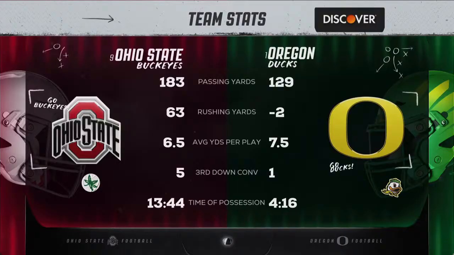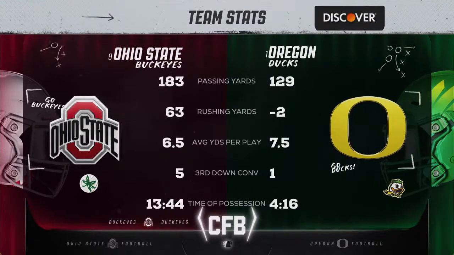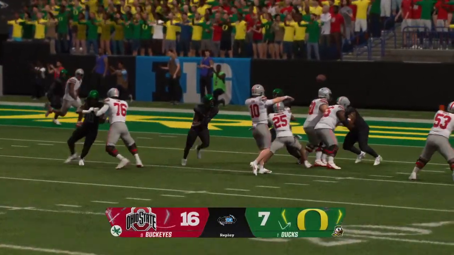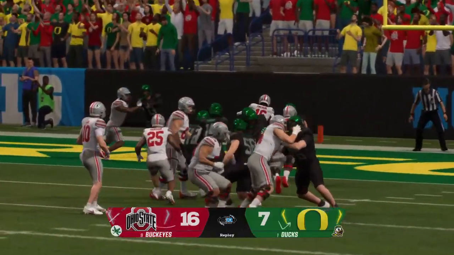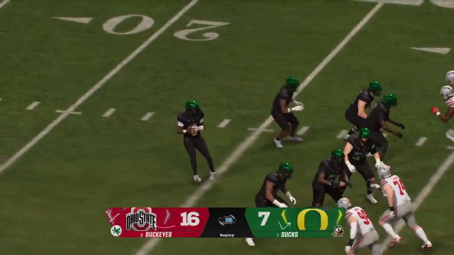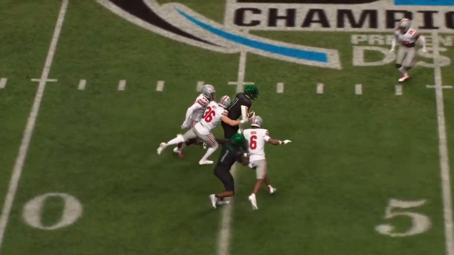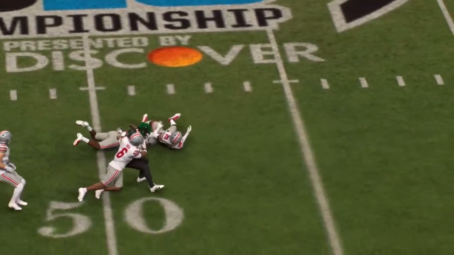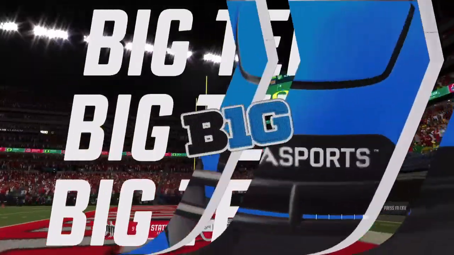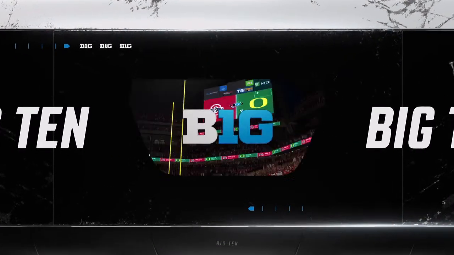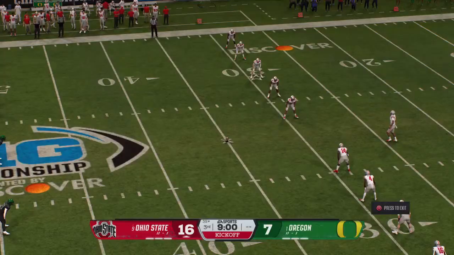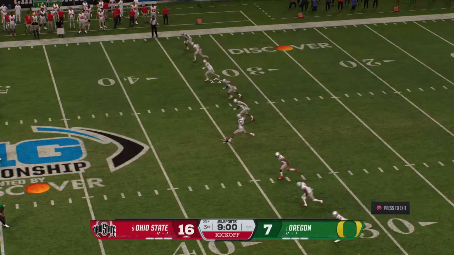Chris, a Big Ten championship game that's already had its share of stirring moments. And a lot of coaches will say limiting the big plays and maybe hitting on a few yourself is key. But I'm more of a move the chains guy. Give me efficiency every day of the week and twice on Saturday. The offensive unit that subscribes to the less is more philosophy might be the one that leaves here today with a big fat W. And with that, let's send it back to Chris and Kirk and the exciting conclusion of the Big Ten championship.